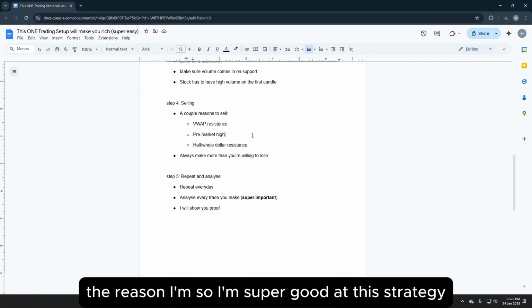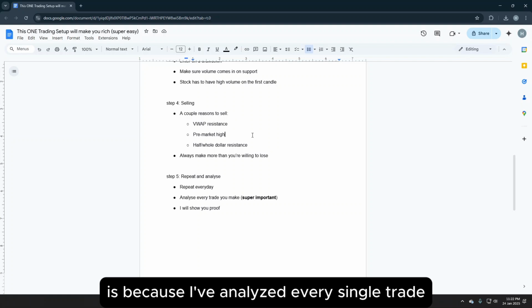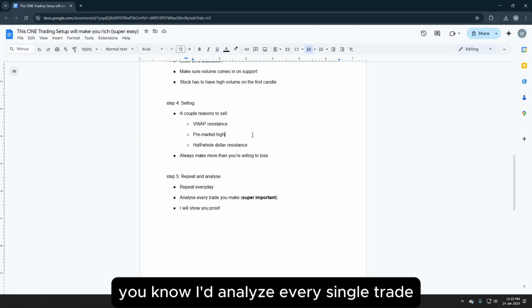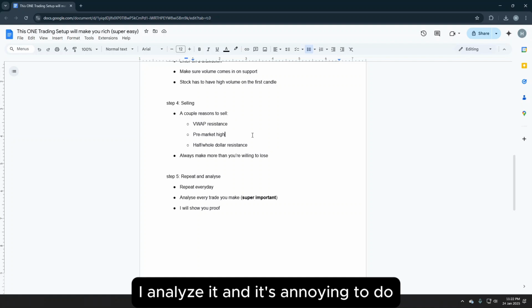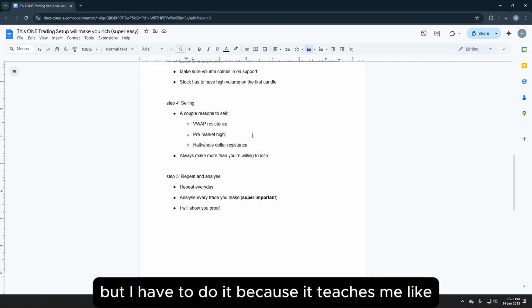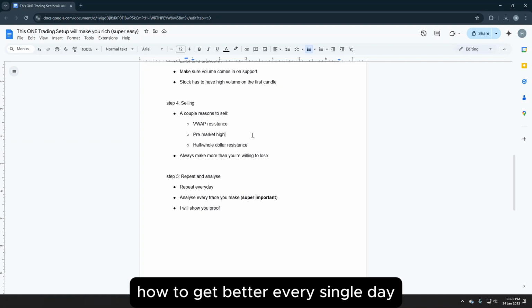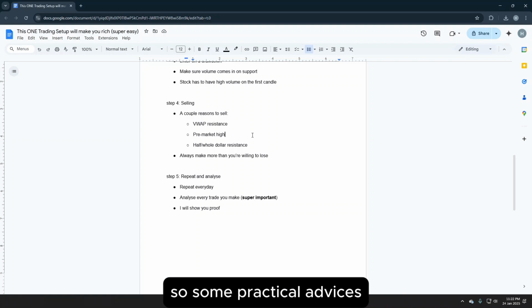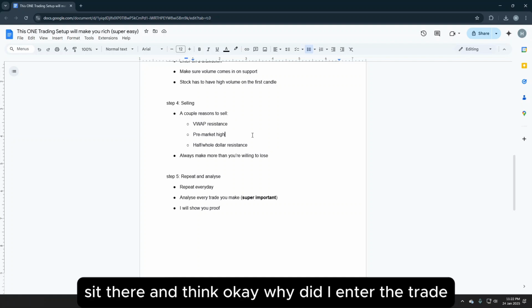The reason I'm super good at this strategy is because I've analyzed every single trade. If you're in my community, you know I analyze every single trade. No matter if it's a win or a loss, I analyze it. It's annoying to do, but I have to do it because it teaches me how to get better every single day. So some practical advice is, next time you make a trade, sit there and think, okay, why